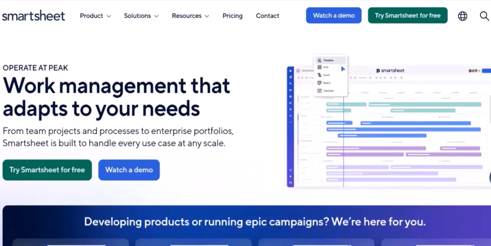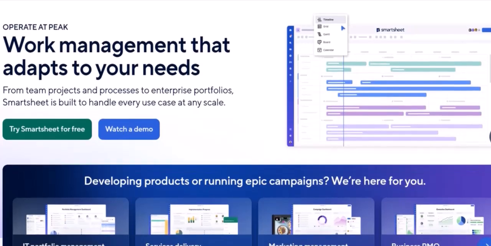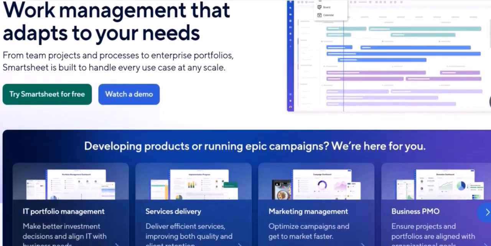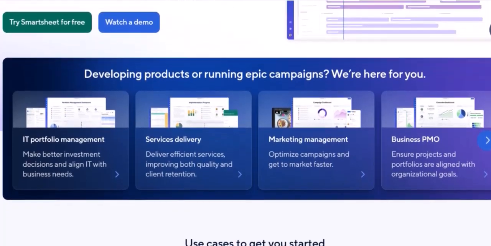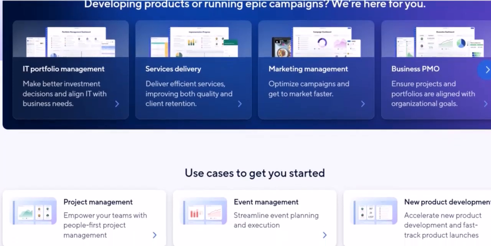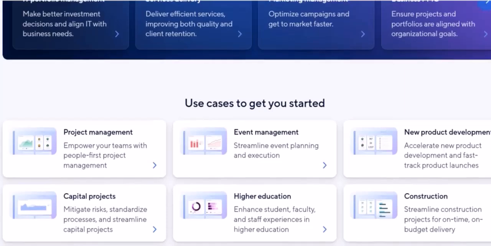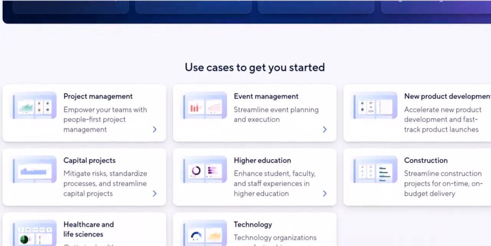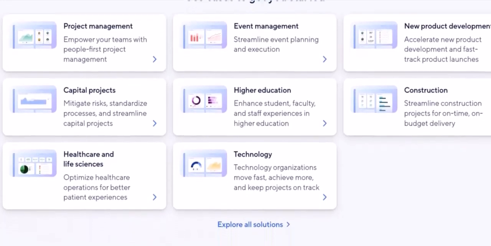In today's fast-paced world, effective project management is no longer a luxury. It's a necessity for individuals, teams, and organizations of all sizes. The market is flooded with tools promising to streamline workflows, enhance collaboration, and ultimately drive success. Among these, Smartsheet has emerged as a powerful and versatile platform, lauded for its spreadsheet-like interface combined with robust project